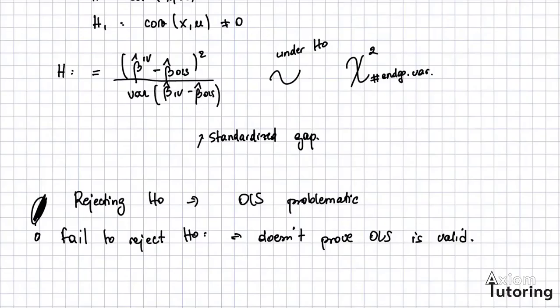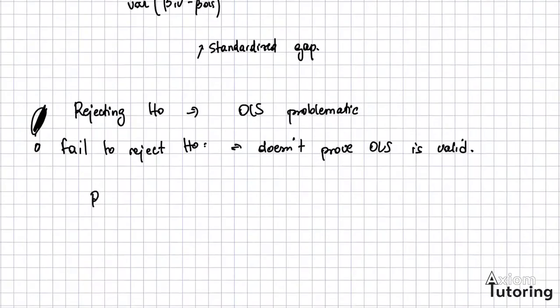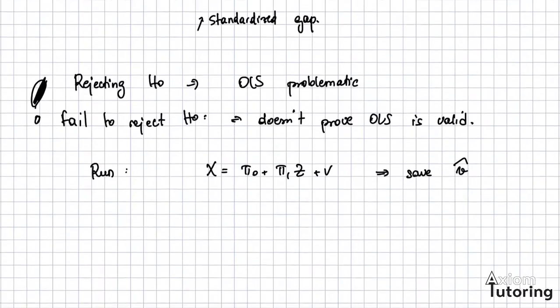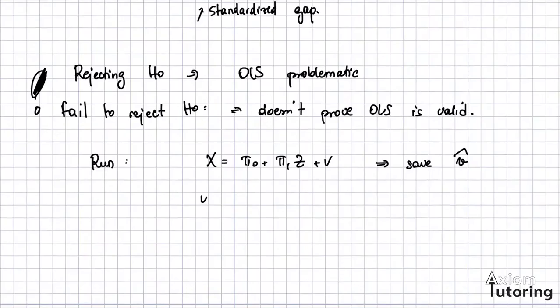A practical implementation of this, what you can do is run the first stage. So you've got X equal to pi 0 plus pi 1 Z plus V. And from here, you save the residuals, okay? Then you include the residuals as an additional regressor in the structural equation. So you would do Y equal to beta 0 plus beta 1 X, then let's say delta V hat plus an